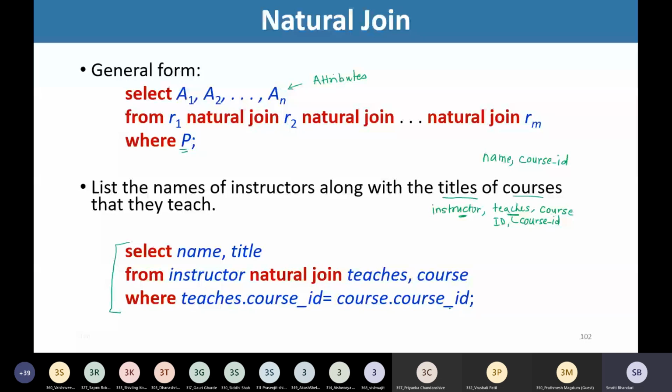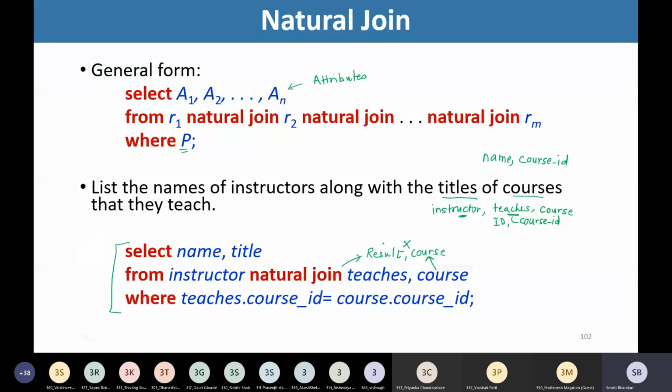Even though I am making use of these three tables, I'll be finding the natural join of only two tables. And then I'll have the Cartesian product of the result of this natural join and course. As I have the Cartesian product of these two, I need to match the common attribute.